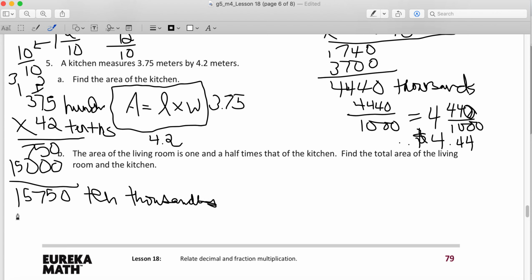Okay, so that means that I'm going to write 10,000s underneath it. So how many 10,000s? Well, we've got 15,000s here. So that means that there's only one. So it's 1 and